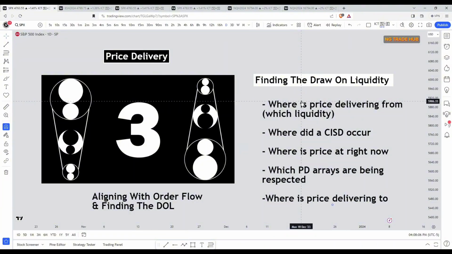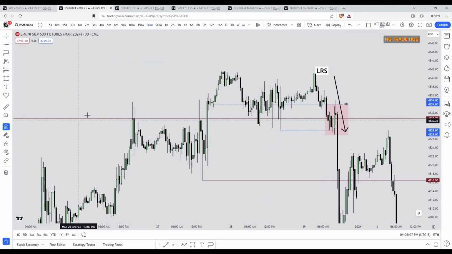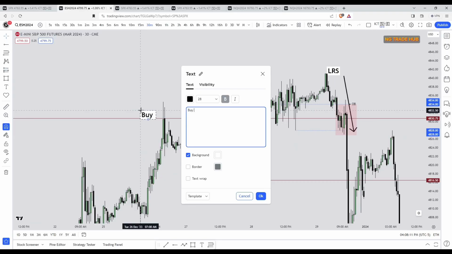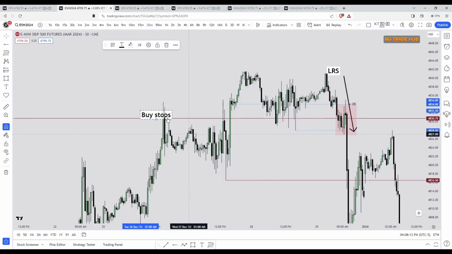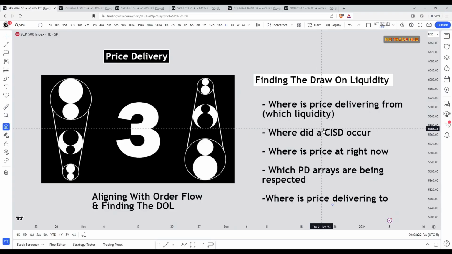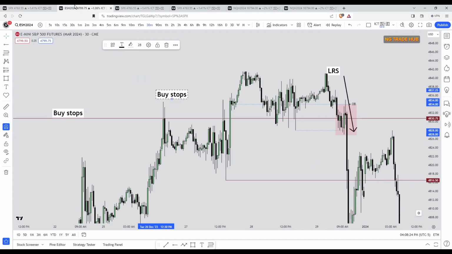Where is price delivering from? Which liquidity? We'll see this line. This is buy side. So we have the buy stops right here. And then we also have the buy stops right above this high. So it's taken out buy side. And then what occurred after that? It expanded lower and it created a change in the state of delivery. So it took out the buy side, expanded lower, created a change in the state of delivery here, repriced back